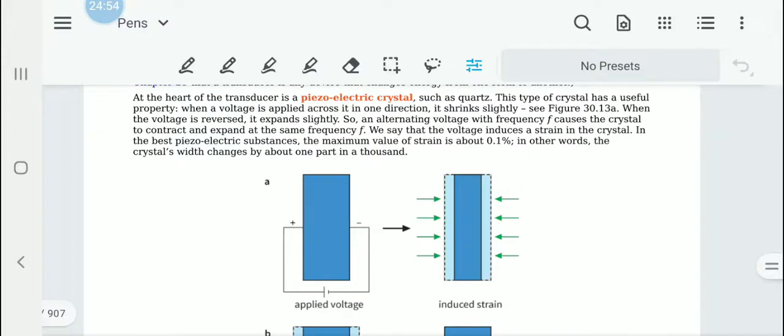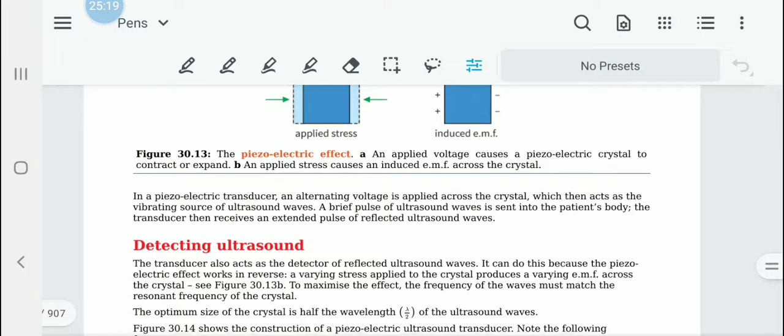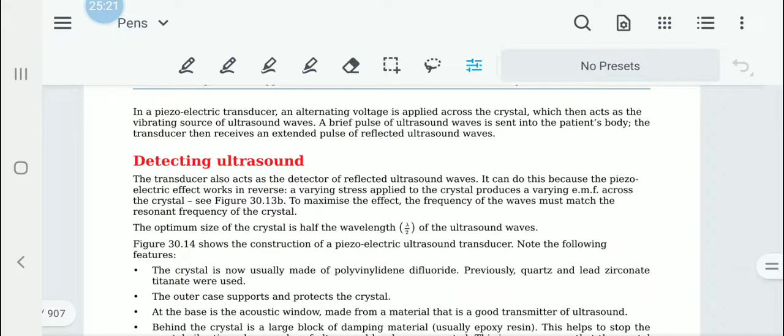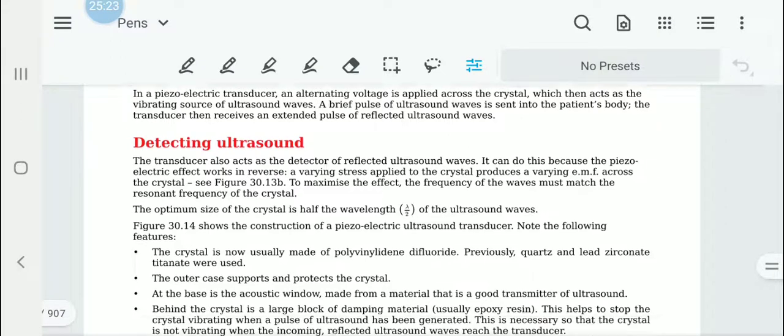My apologies, I said it wrongly. When the voltage is applied across in one direction, it shrinks slightly, and when the voltage is reversed, it expands slightly. This vibration creates the pulse,